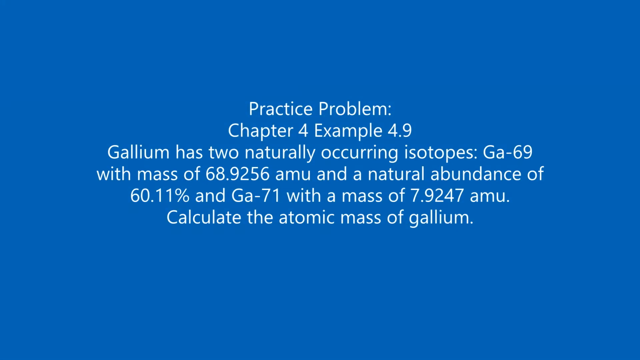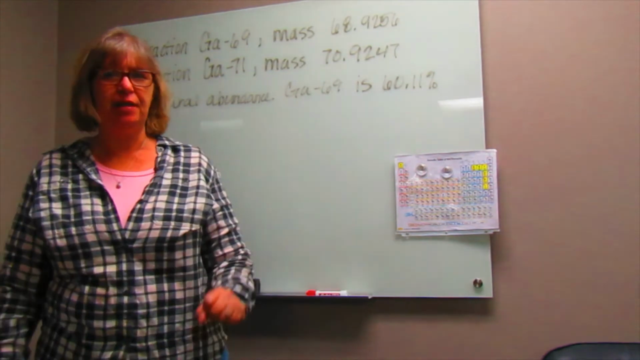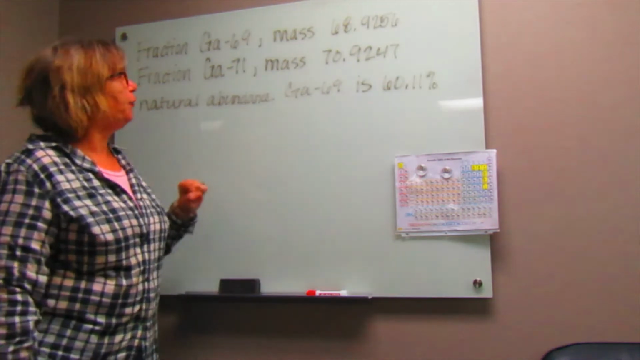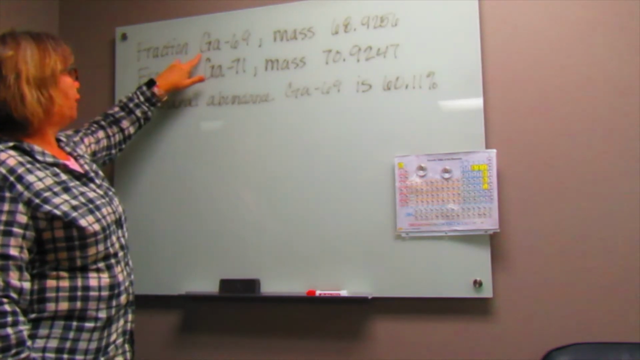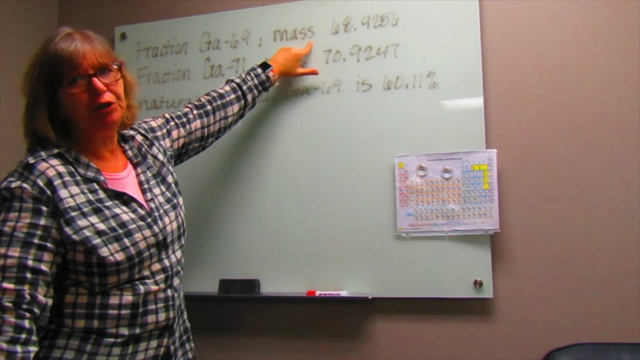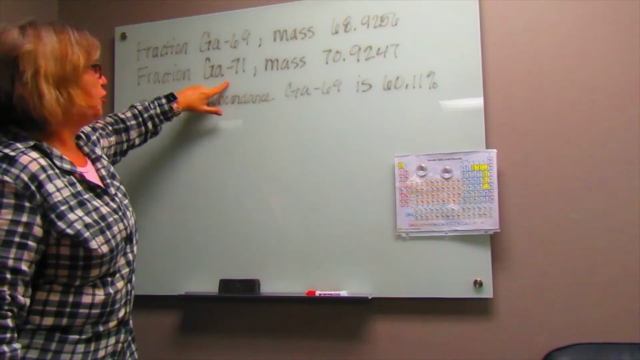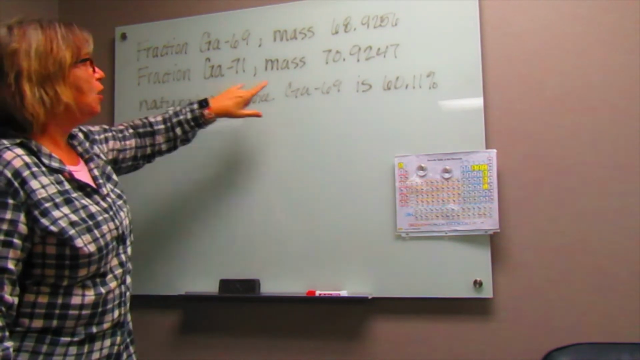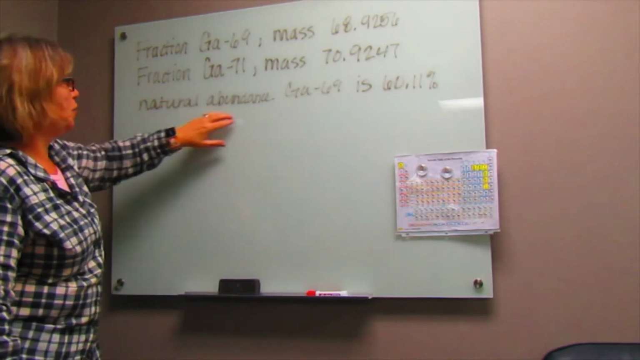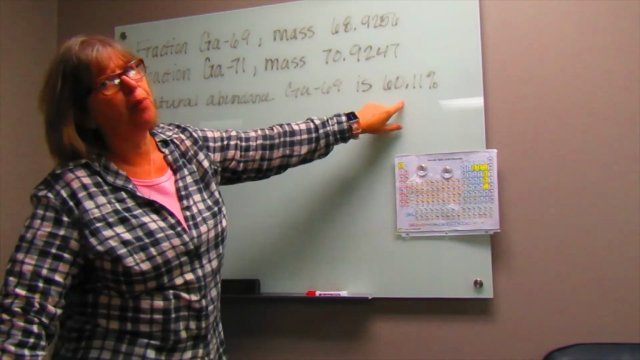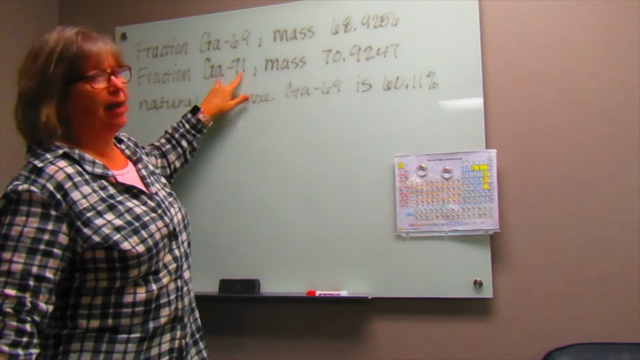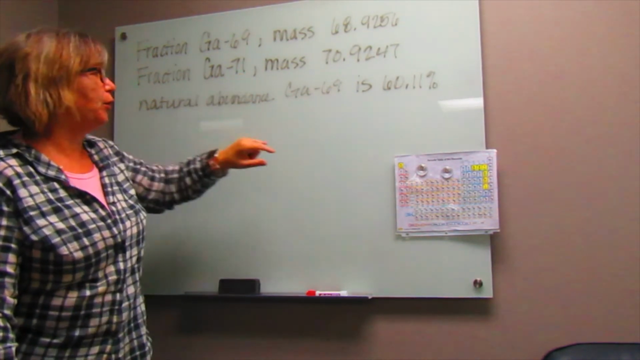Okay guys, we're going to work through this problem of calculating atomic mass. So we take our given information, which is the fraction of gallium-69. It has a mass of 68.9256. And then the fraction of gallium-71 with a mass of 70.9247. We're given the natural abundance of the gallium-69 is 60.11%. So we need to determine the natural abundance of the gallium-71, and then we need to convert the percentage into